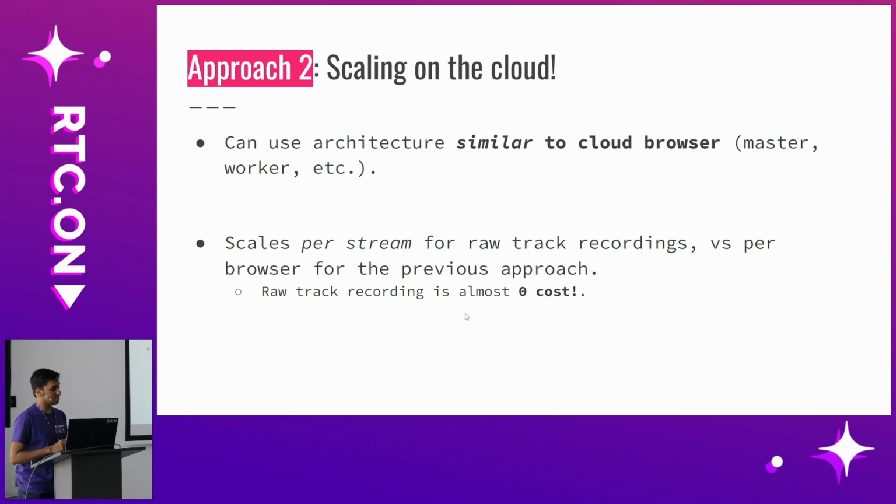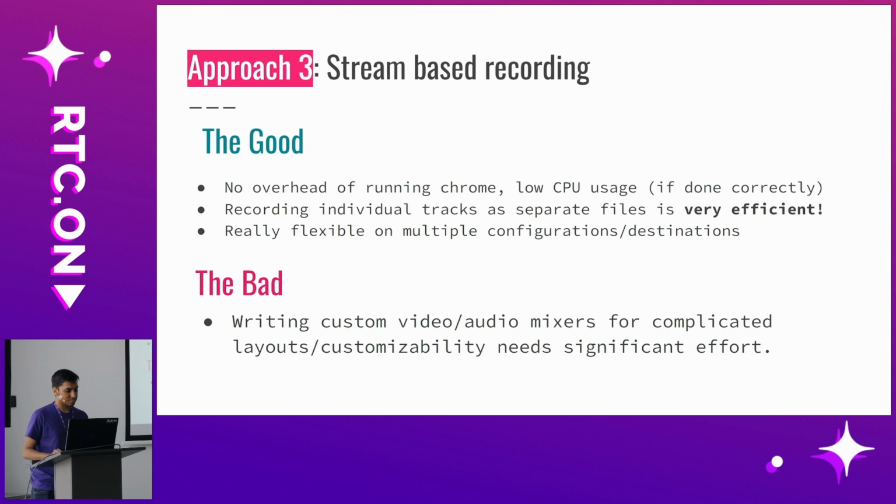Let's say a client wants separate tracks for each person on the call. You can almost do this at zero cost. It's basically just taking an already sent video from the browser and dumping it in a file. So yeah, the good part about this approach is you have no overhead of running